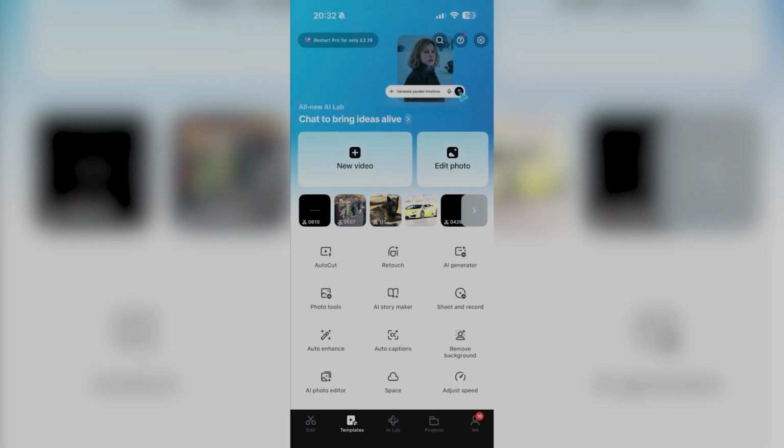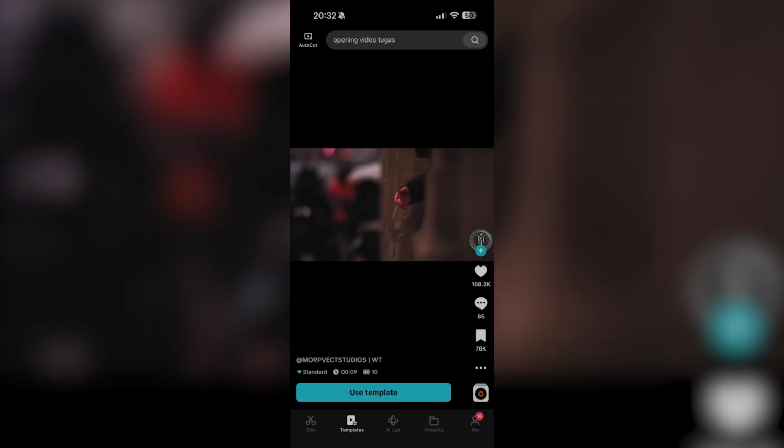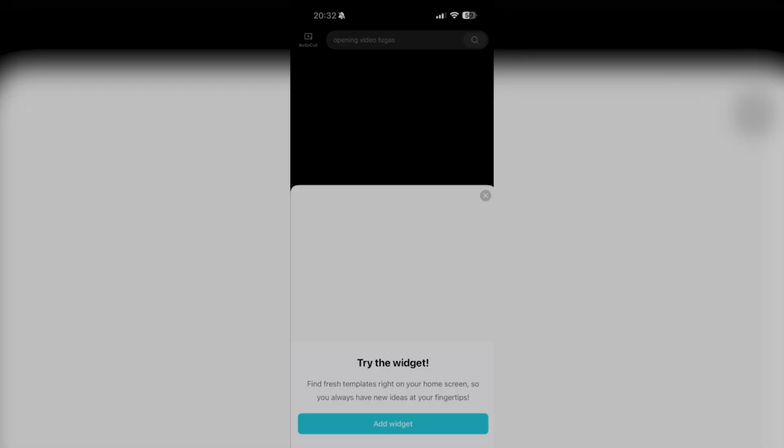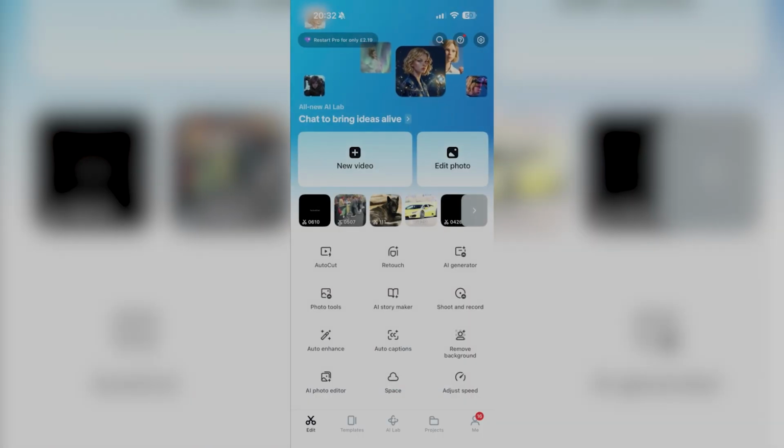your edit tab. But let's say I go over to templates, which is going to be the second tab, and I find something I like. Let's say this is one I like. All I want to do is press that little save icon. And right now it says added to favorites, right? But let's say I want to use it eventually, like later on, but I don't know where to find it